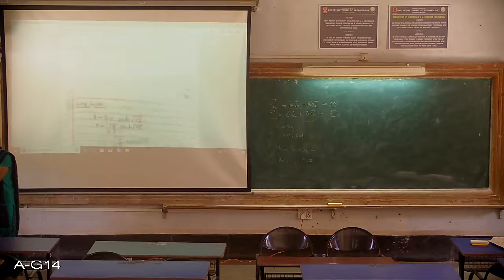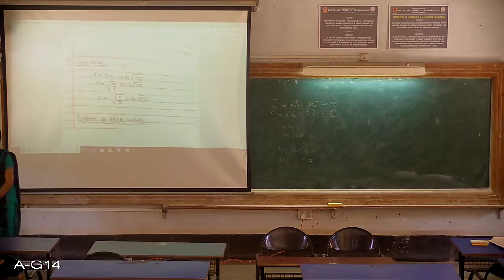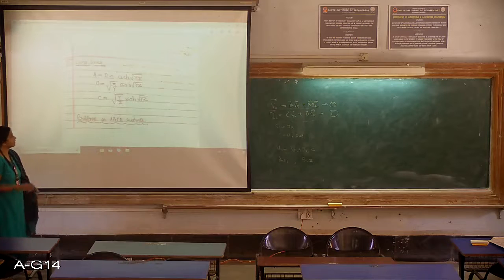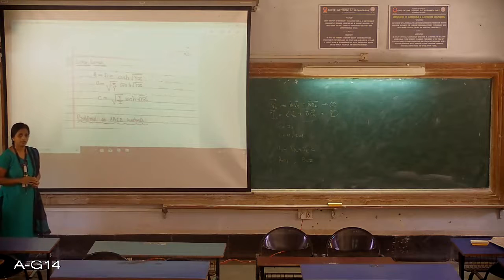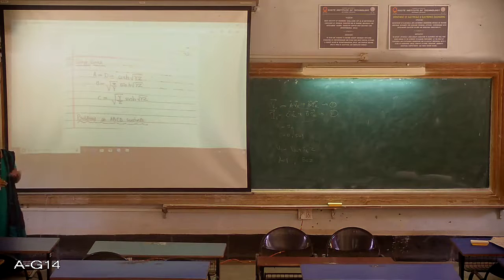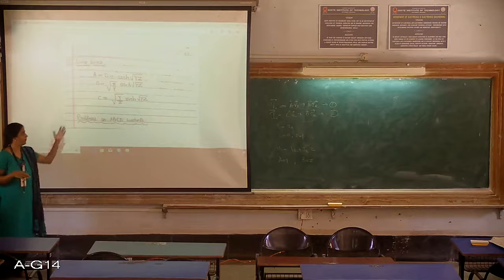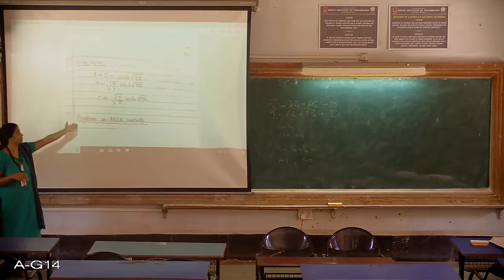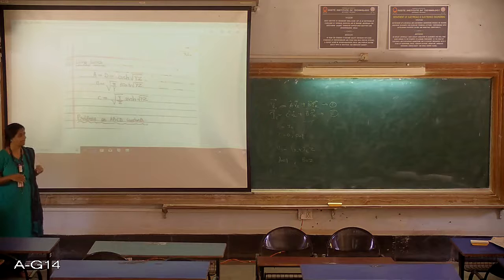Then next, for long lines we have written: A is equal to D is equal to cos hyperbolic root YZ, B is equal to root of Z by Y sin hyperbolic root YZ, and C is equal to root of Y by Z sin hyperbolic root YZ. Again, there are no derivations for this. For this also you just get back the expressions for Vs and Is that you wrote, compare them with equations 1 and 2, and obtain these ABCD constants. Mostly on long lines, if you get a problem, it will be based on these ABCD constants where you know the values. You just have to substitute and get the answer.